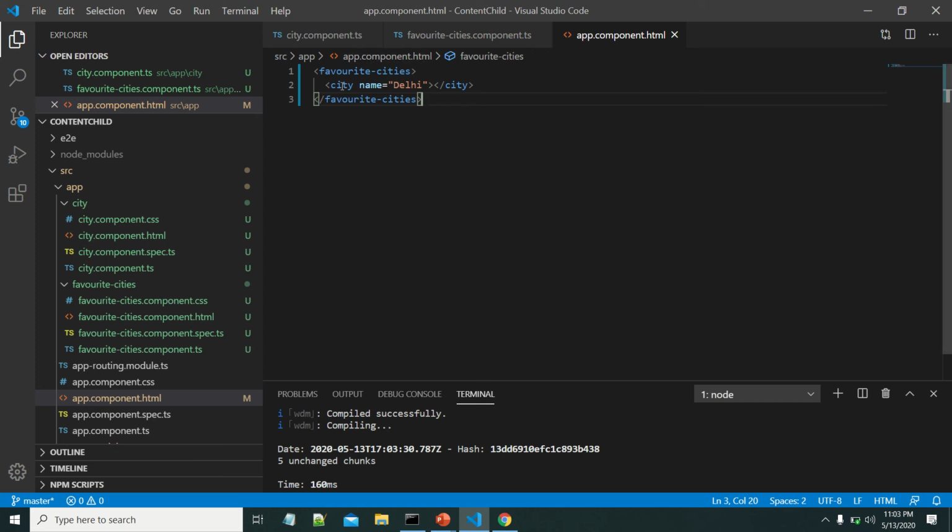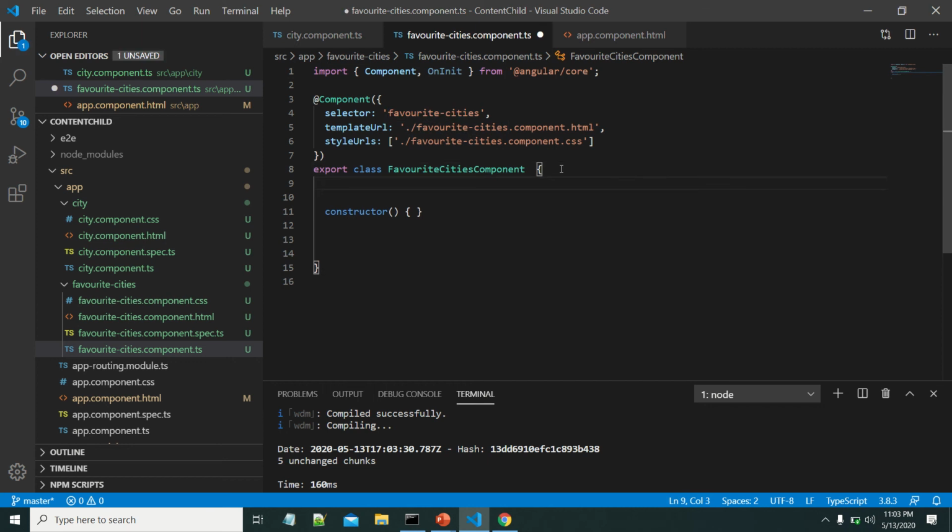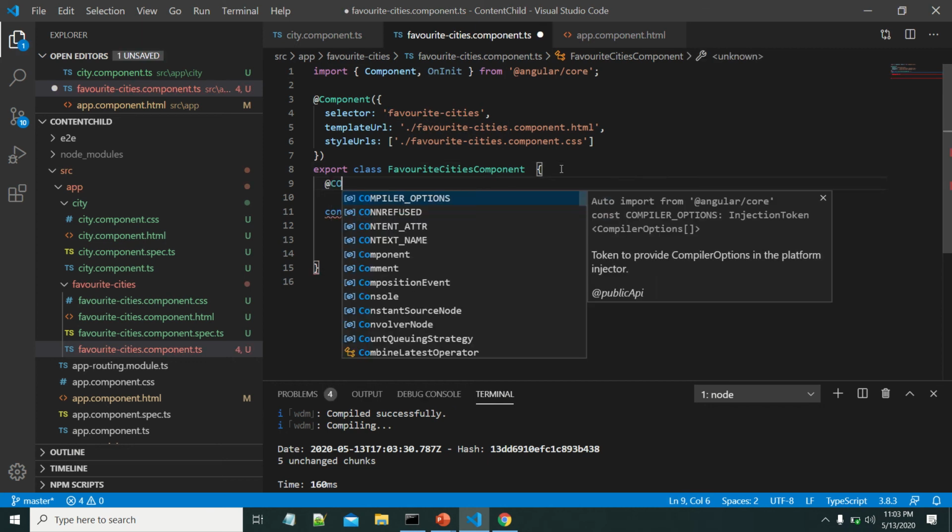If you want to get the properties of city component within the favorite cities component, then you have to use content child and content children decorator. As we have used city one time, let us try to use first content child. Okay, that we need to use in favorite cities. To get that, first let me create the content child decorator.